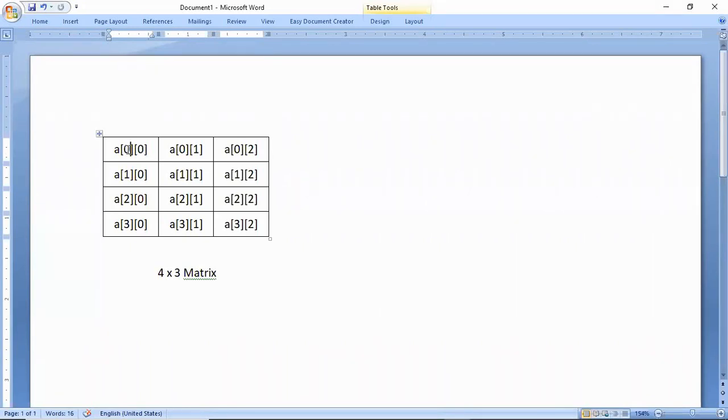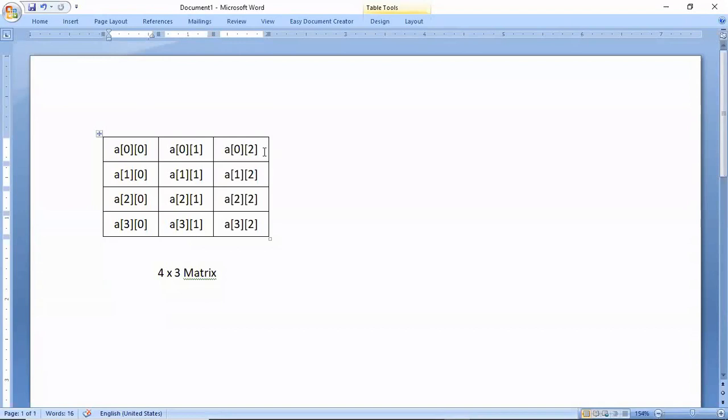And when we change the row, when we go this way from left to right, the row remains the same up to 3. Row here is 0, here is 0, here is 0, but the column changes.